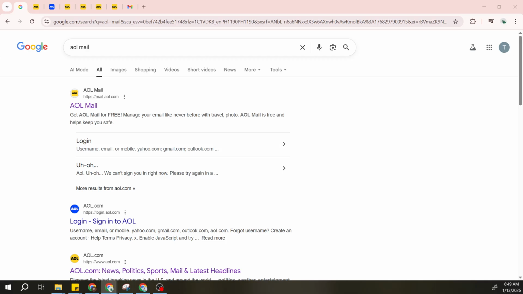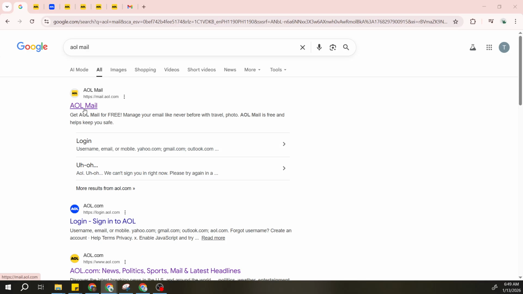First, open your web browser and use your preferred search engine to look up AOL Mail. This is a quick way to get to the sign-in page, especially if you don't have it bookmarked. When the results load, click the first result that leads to the official AOL Mail site. It's a good habit to glance at the web address and make sure it points to the legitimate AOL domain